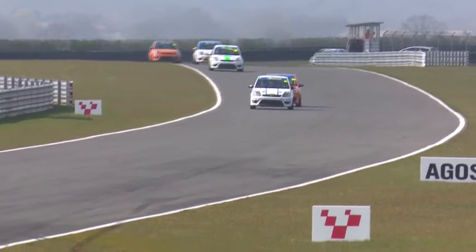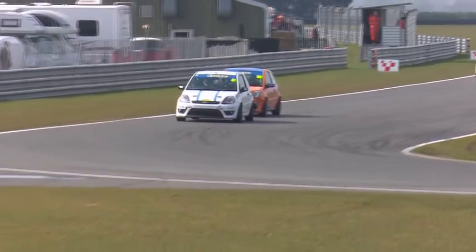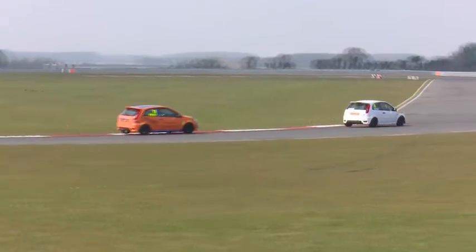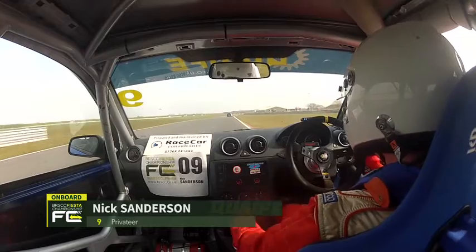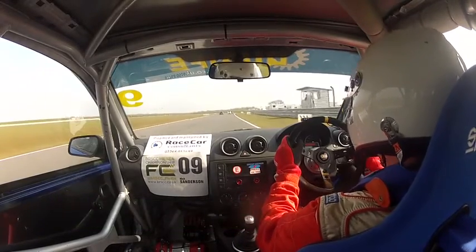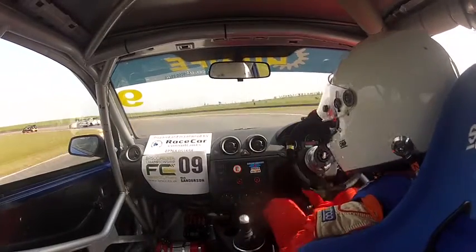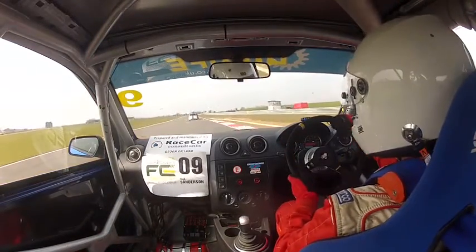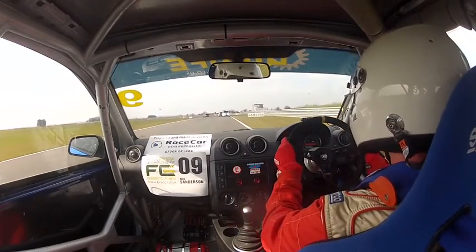Aaron Thompson coming under pressure from Sam Priest, potential overtake here on the inside, which will be right of shot, but Priest is a wee bit too far back at the moment, and they go through Agostini corner. Here's the view from Nick Sanderson, who's working his way back through the field after being tapped off. I'm sure it wasn't an intentional tap from whoever dished it out, and intentional or not, they'll probably attract the wrath of the clerk of the course. You can see Nathan Edwards 2 cars in front, so this is good progress from Nick Sanderson,